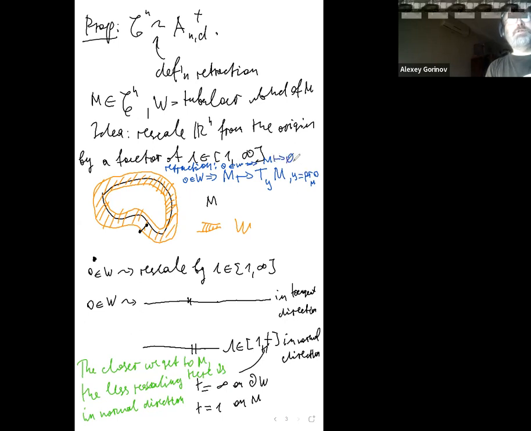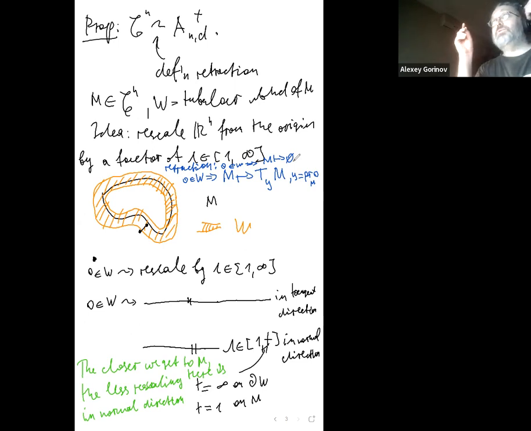Okay, so yes, some of the previous remarks may have been confusing, and they probably were. Here is the explanation of the retraction,